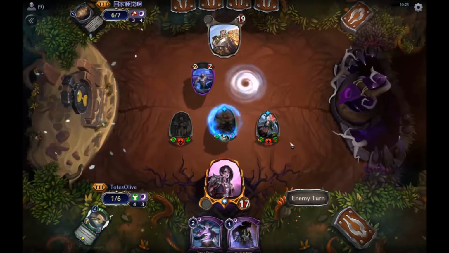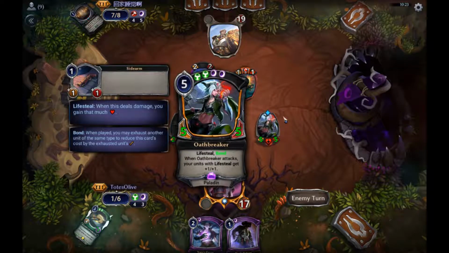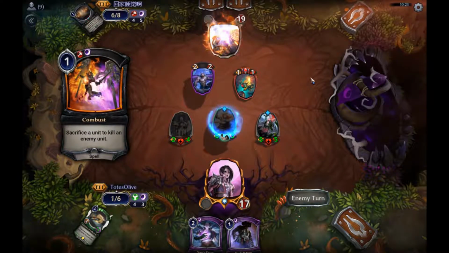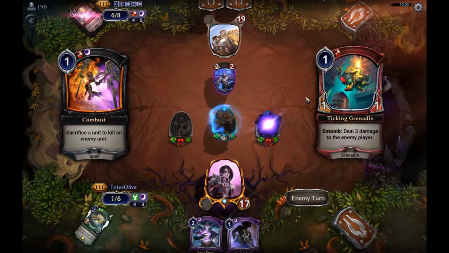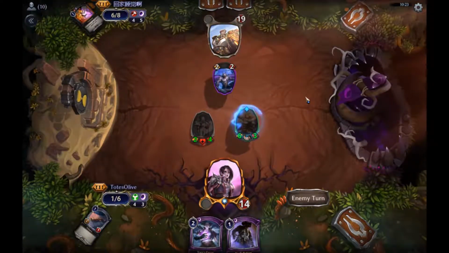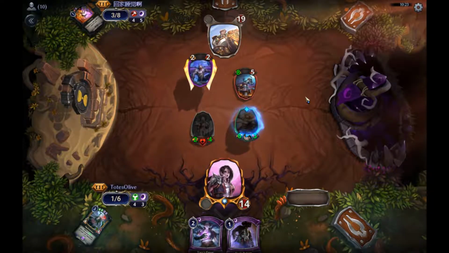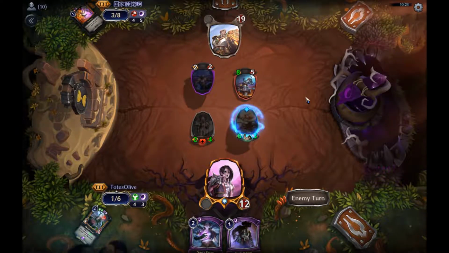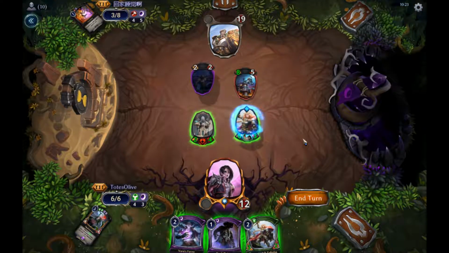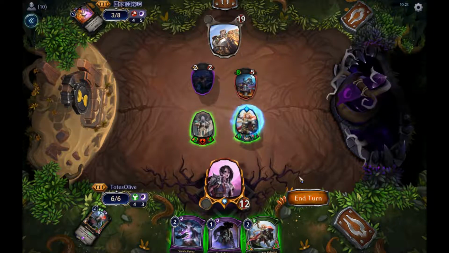Opponent with a Ticking Grenadin. Opponent with a Seat of Chaos. Expecting a Combust on the Oathbreaker. Smart play. Opponent with a Topple Tower. Interesting. Opponent chooses to swing. Also interesting. Excellent. Okay, so now for our situation, we can...